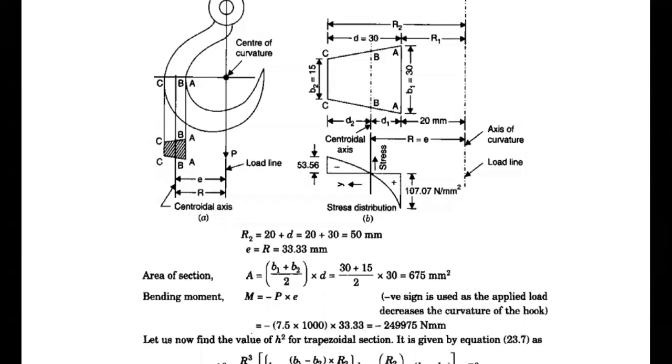So in the last class, we already started one important concept regarding the crane hook. I'll explain how we calculated the basic concepts of the crane hook problem. In a crane hook problem, as I already told you, we have a various number of cross sections. So we have considered one cross section, a trapezium,